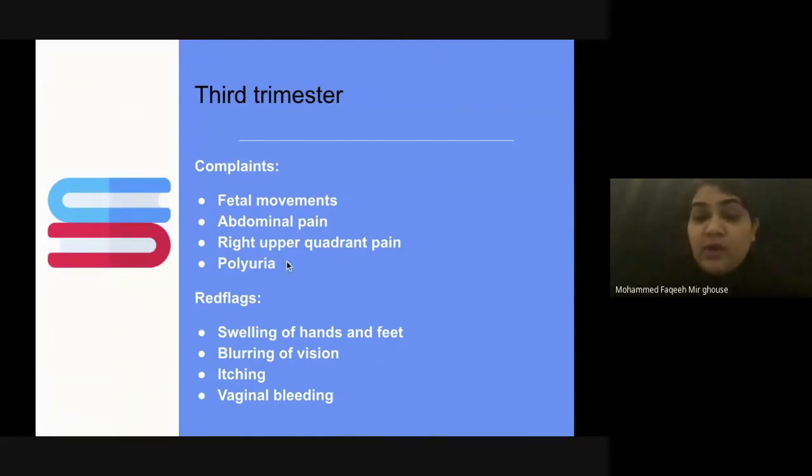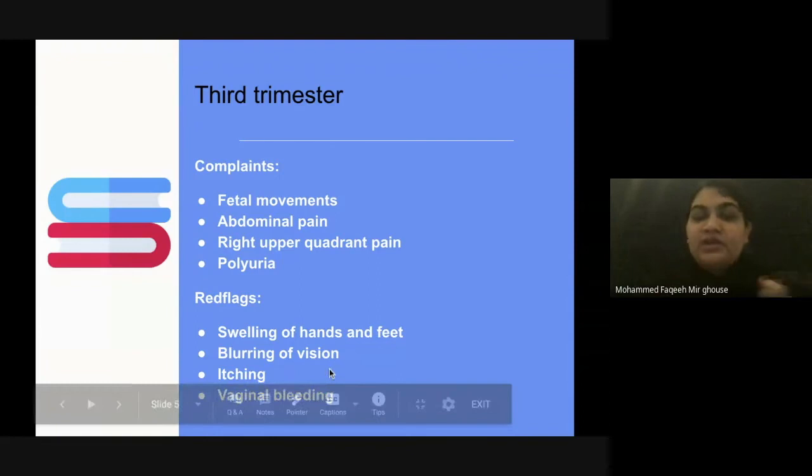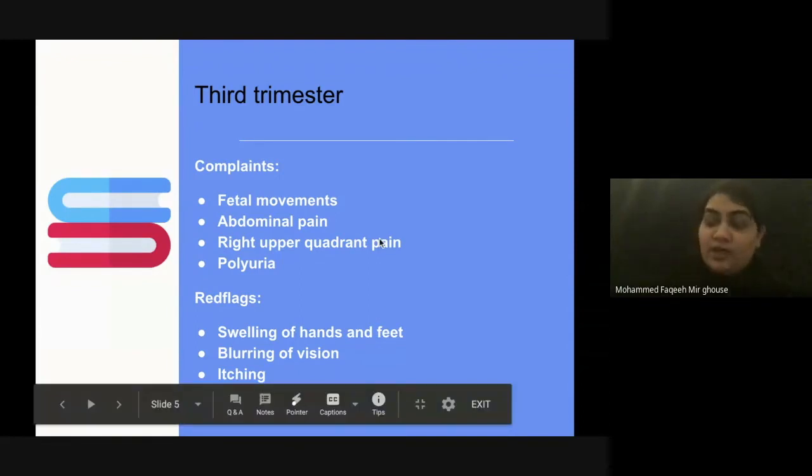Now, right upper quadrant pain. This is specific for acute fatty liver of pregnancy. Okay, acute fatty liver of pregnancy presents with right upper quadrant pain, polyuria, polydipsia, that is increased urination, increased thirst, and itching. Okay, so these are the things which acute fatty liver of pregnancy presents with, especially in the third